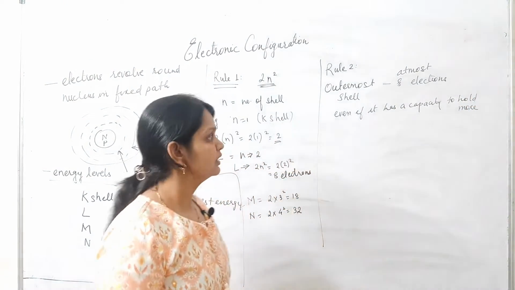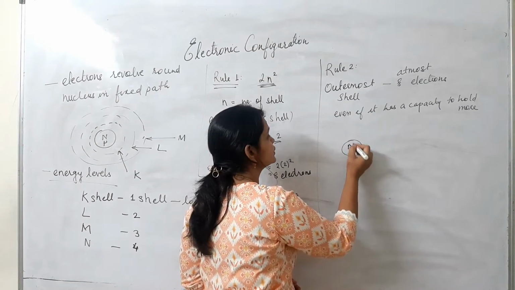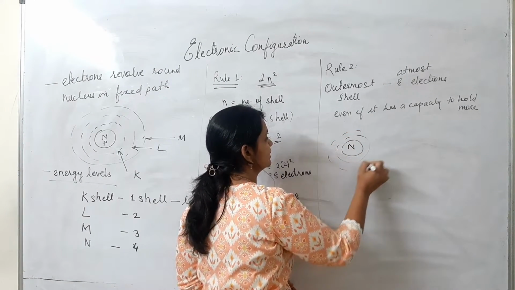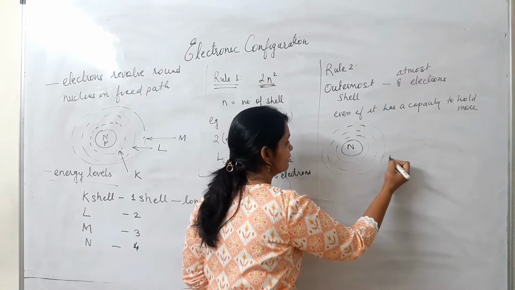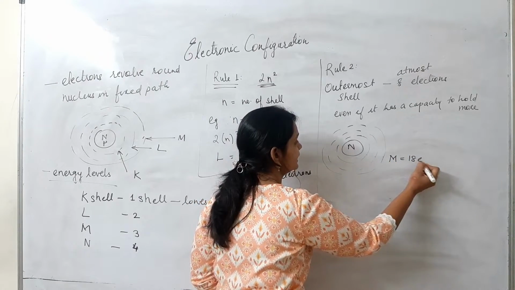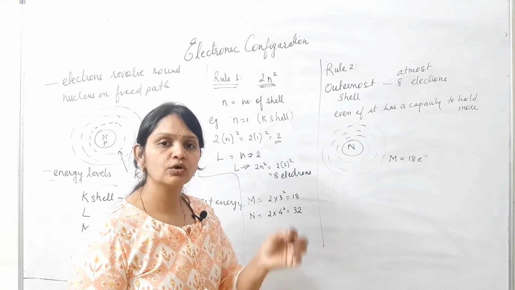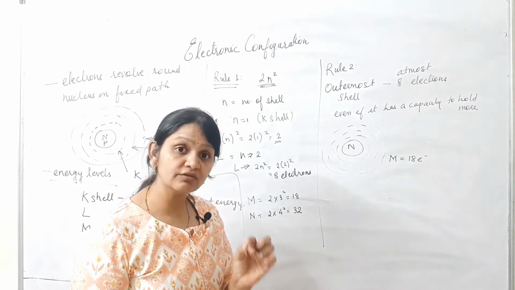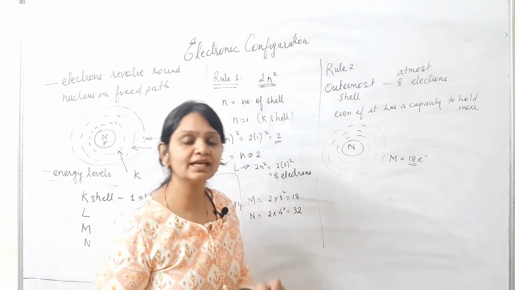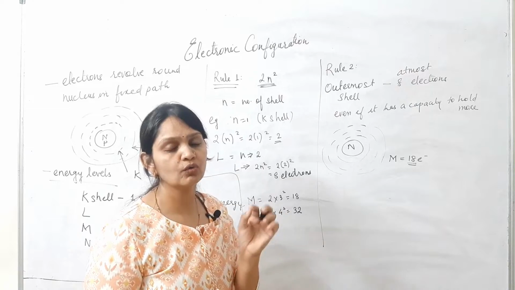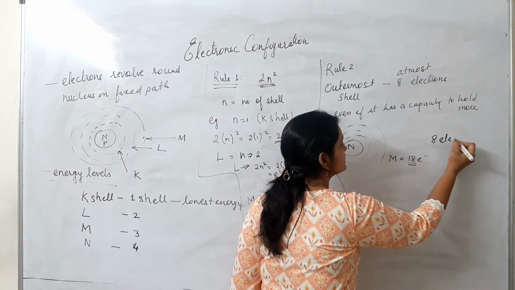Means what? For example, an atom has 3 shells, K, L, M. Now the M shell can hold 18 electrons. But according to this rule, it can hold only 8 electrons even though its capacity is to hold 18 electrons, it will hold only 8 electrons because 8 electrons